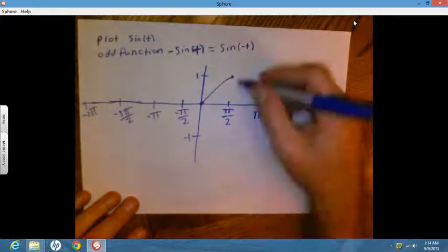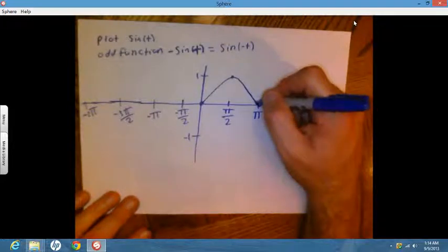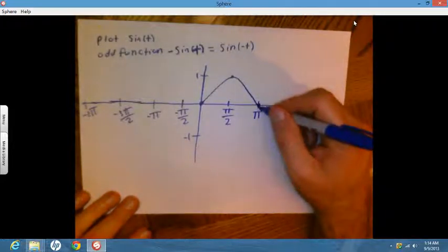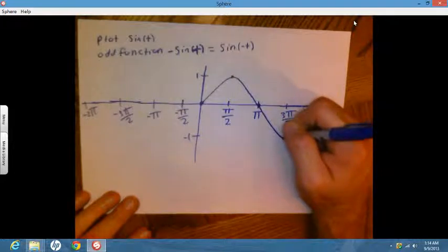But what I'm going to use here the other way is the fact that it's an odd function. So at 0, it's 0. Well, what about negative pi